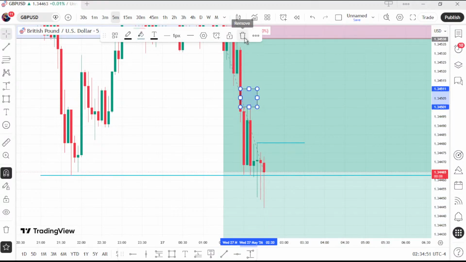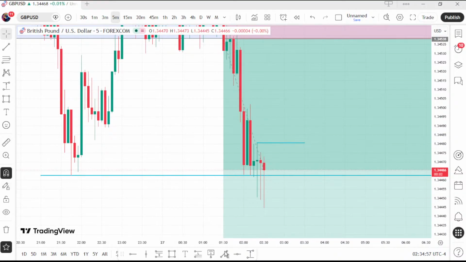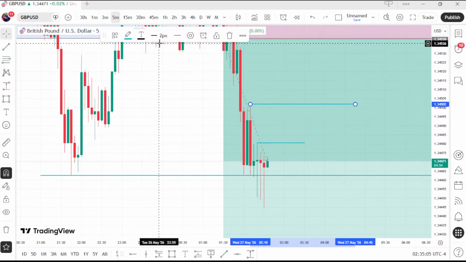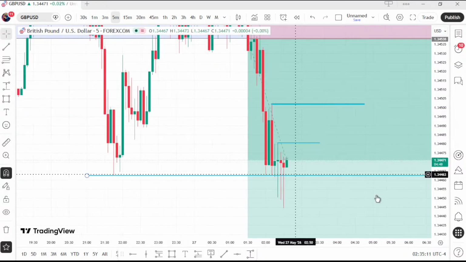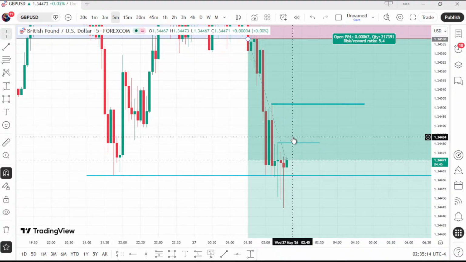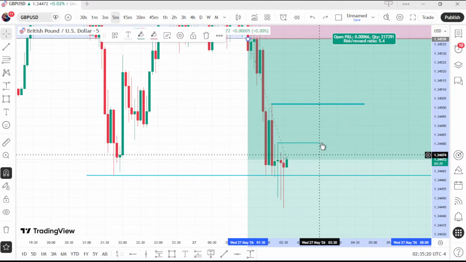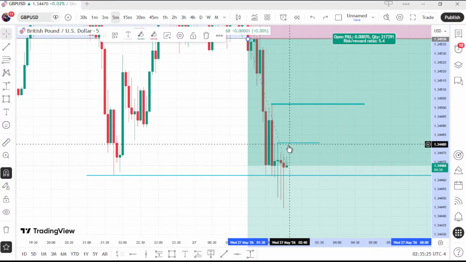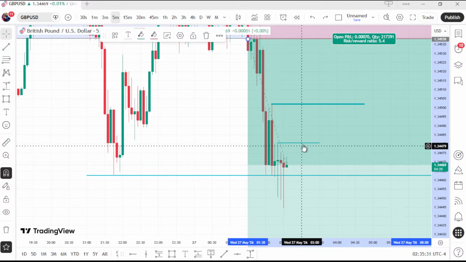Let me show you. Leave alone that. Okay, that was the entry. If price does a market structure shift here, also if price sweeps this, let's put it as a bold one, and it's actually doing that. Because you see here it has consolidated, this consolidation is maybe a trap. If price does a market structure shift here, and also this one with a fair value gap, I'll now drop down and buy,